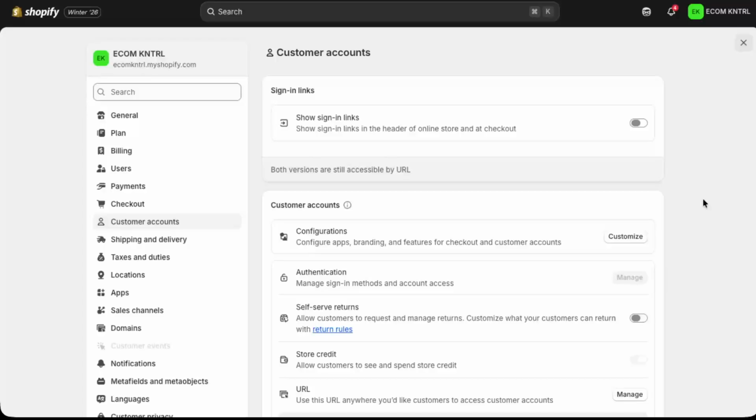After switching it off, remember to save your changes if a save button appears. Then visit your live storefront in a new browser tab, refresh the page, and confirm that the login or account link is no longer visible. And that's it. You've successfully